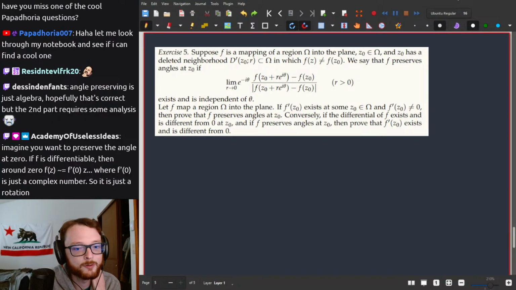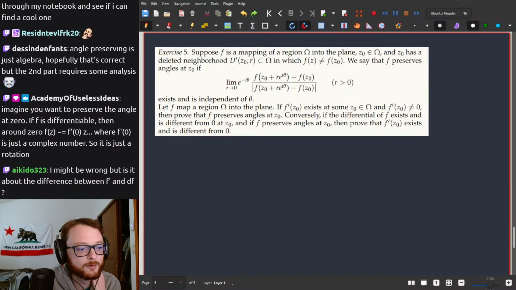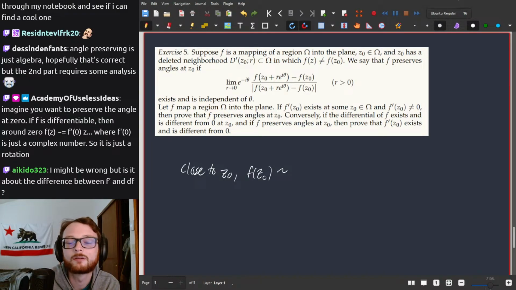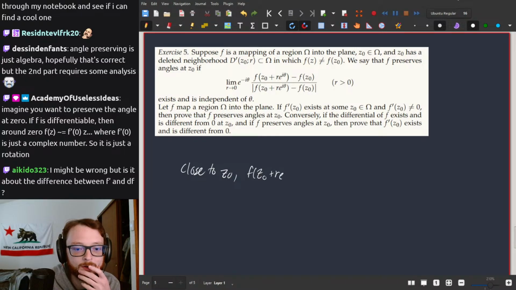Okay, yeah, and so if I were to make that z0 instead, f of z0 plus r e to the i theta is approximately f of z0 plus